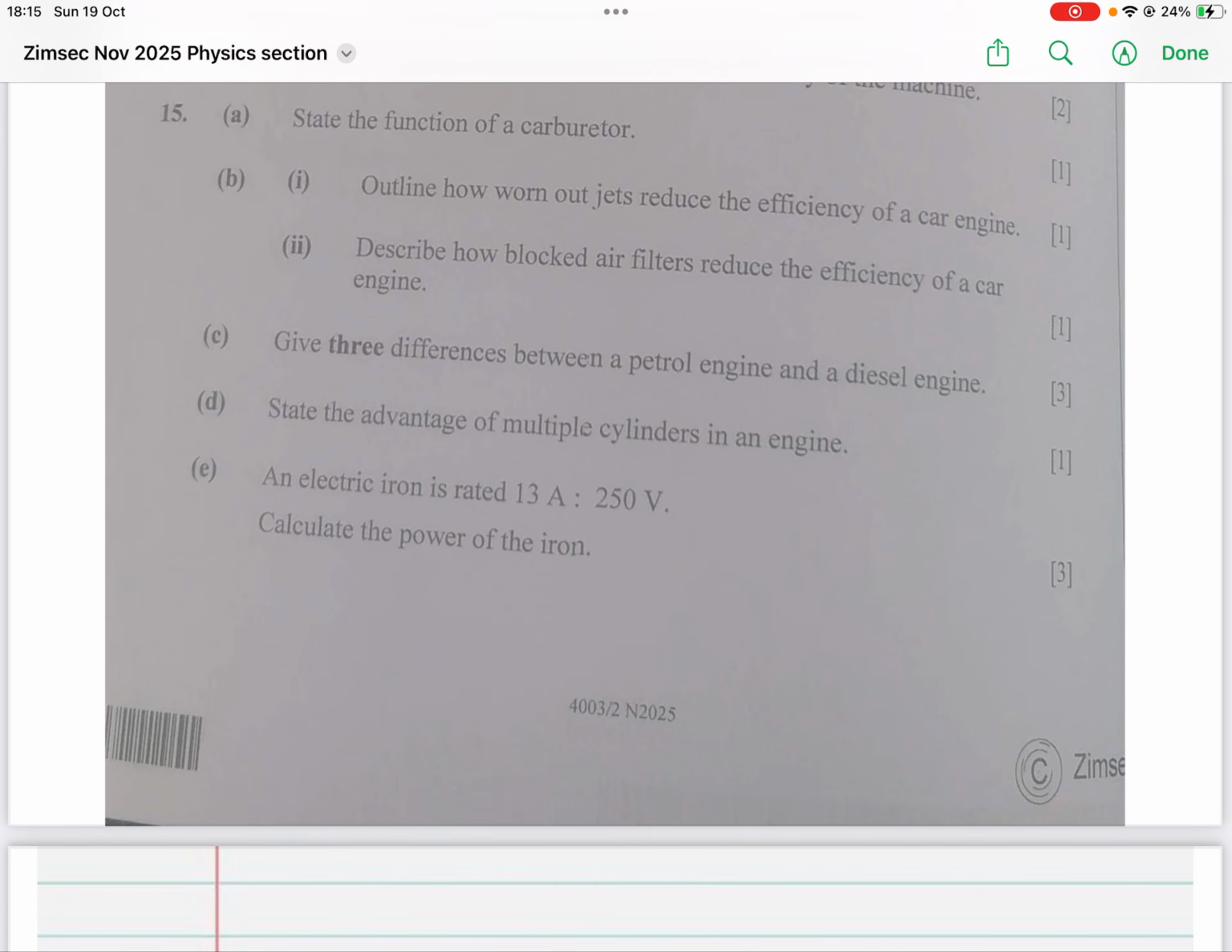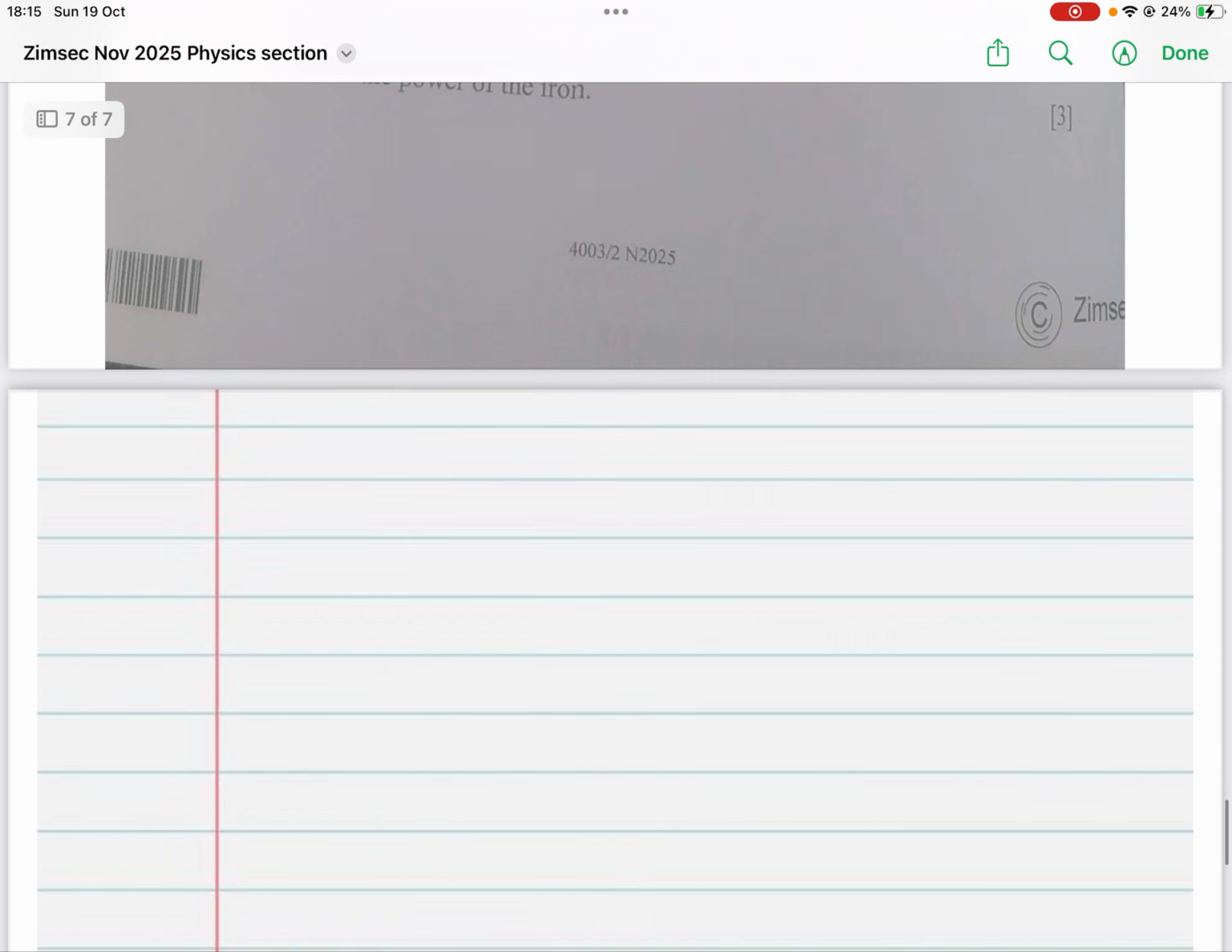So the last part is reading. State the function of a carburetor. The carburetor provides the correct air to fuel mixture to the engine, ensuring proper combustion and also optimal engine performance. So we are saying that the function of the carburetor